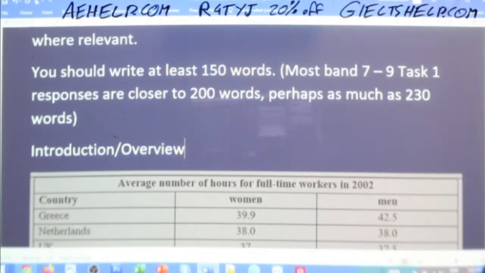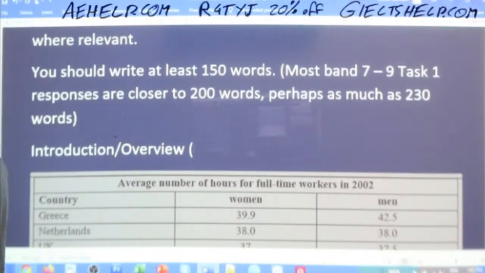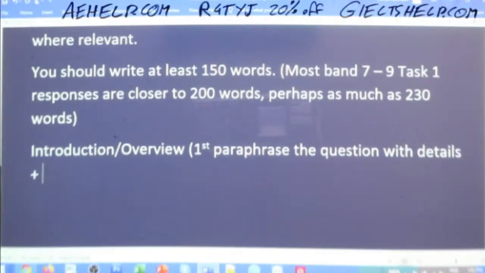Now we're writing the introduction, which is also your overview, and for that, it's 2 parts. First is paraphrase the question with details, and then second is give the most noticeable feature.